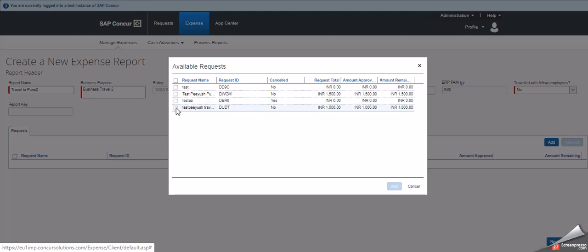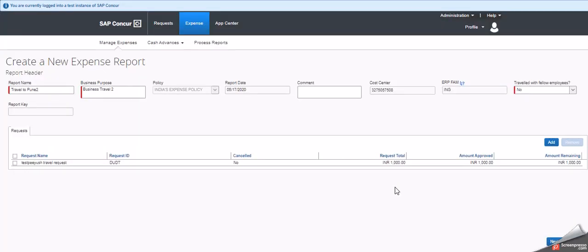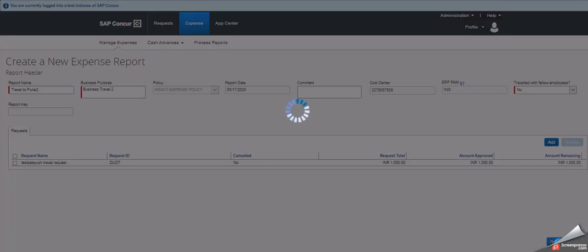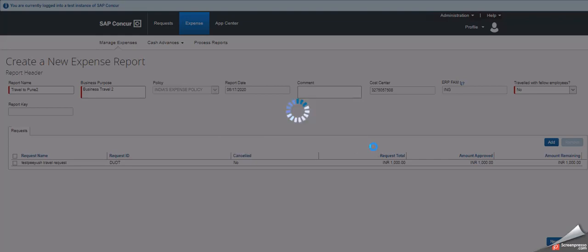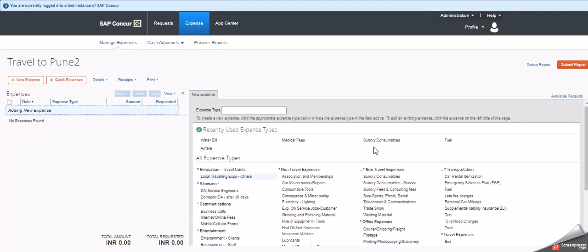So I will link this approved travel request with my current expense report and click on add. Now after adding the approved travel request to the expense report, I will click on next. I click on no. So this is the second method which helps you to link the approved travel request with your expense report.